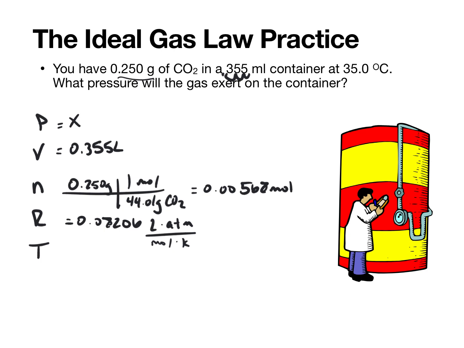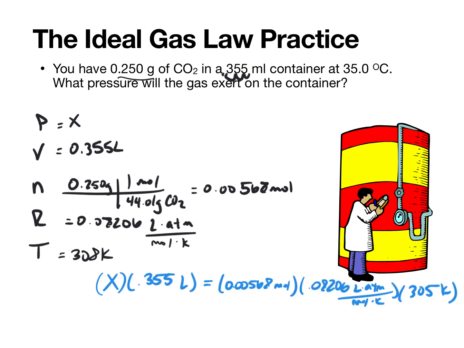Finally, the temperature here is 35 degrees Celsius, but remember I need to add 273 to that in order to get Kelvin, and that would be 308 Kelvin. Now I set these up equal to each other. I do P times V equals nRT, and I do some basic algebra and solve. So I'm going to divide 0.355 on both sides to isolate x, and once I punch that in my calculator, I'm going to get an answer of